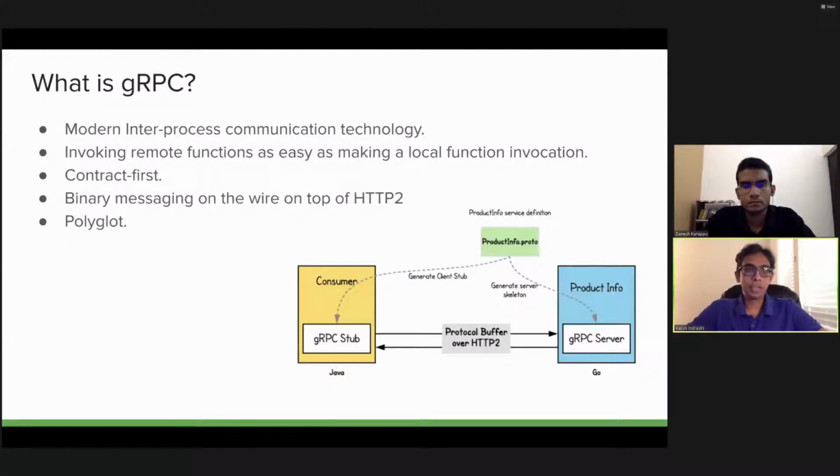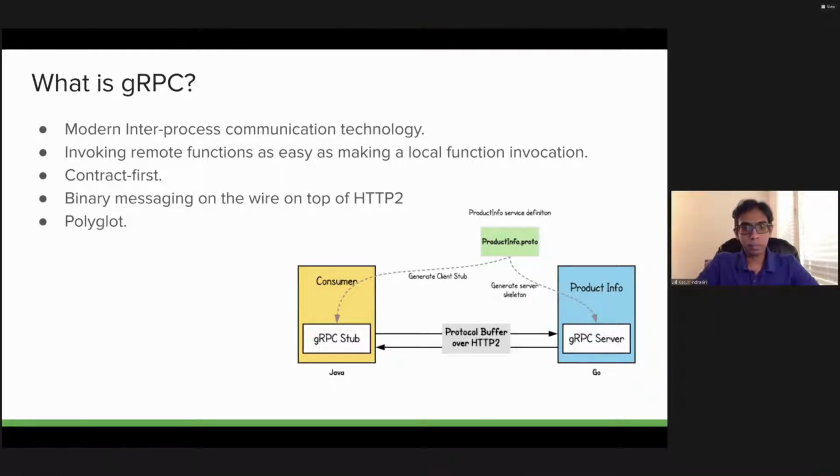So let me get started with a brief introduction to gRPC. I'm sure most of you are familiar with gRPC or have at least heard of it. It's a modern inter-process communication technology that allows distributed applications to communicate with each other over the network. The primary focus of gRPC is to allow a remote application to invoke another remote application over the network as easy as making a local function call. And this protocol is built on top of HTTP2 using protocol buffers as the message serialization format on the